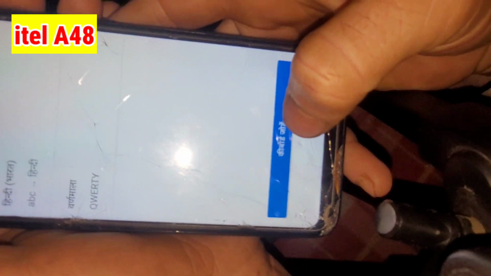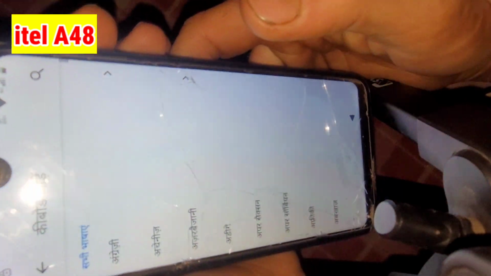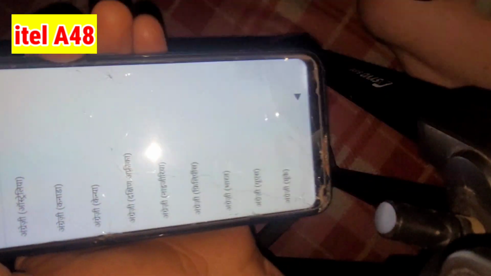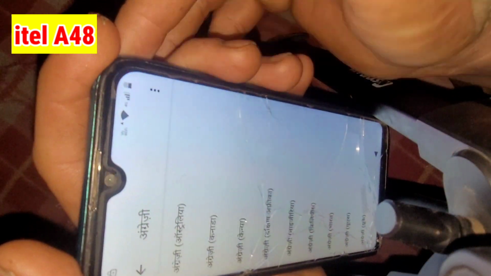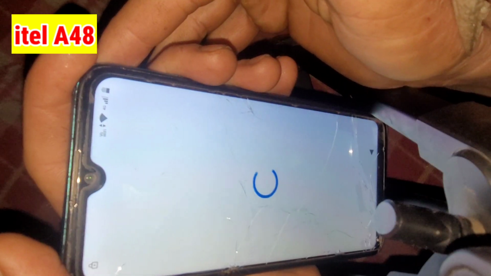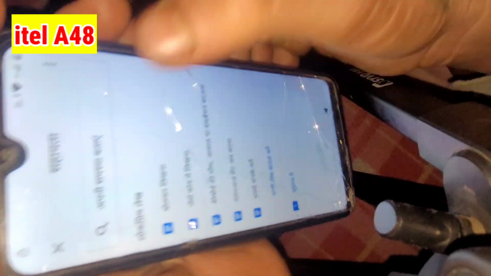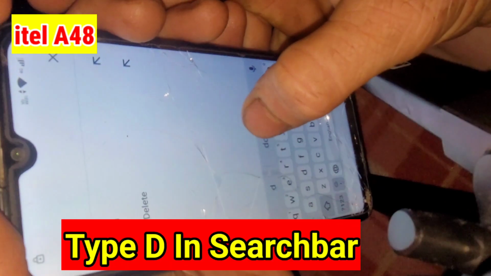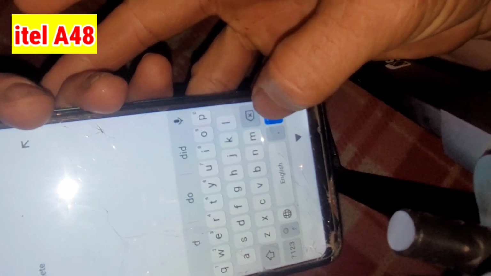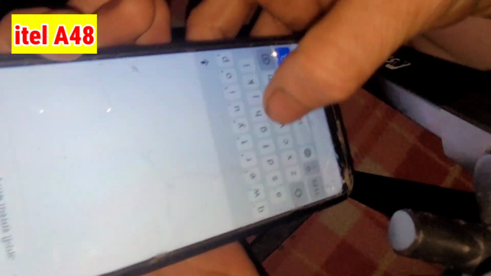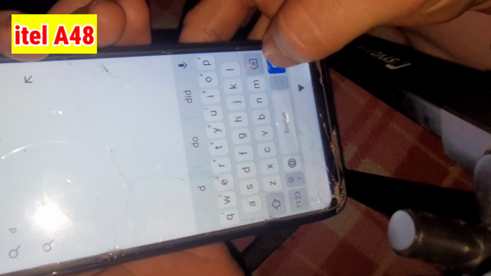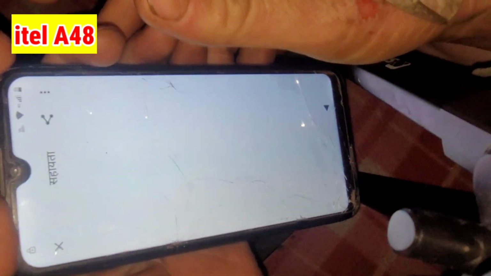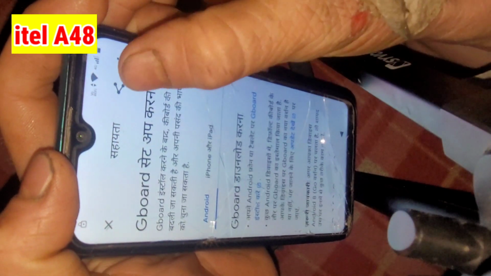Add keyboard and click on English. Click on 3 dots, help and feedback, and search here. Type D in the search bar and search it, and click here and share.